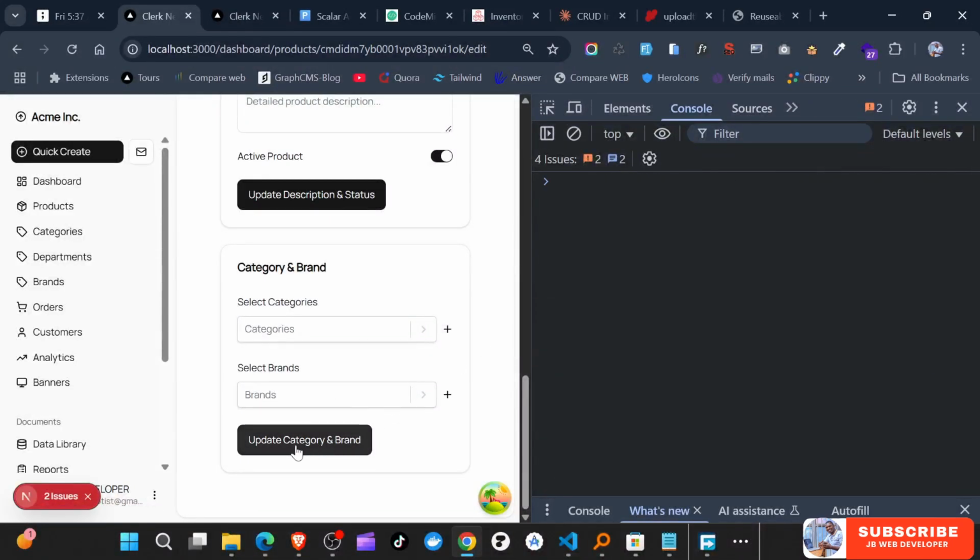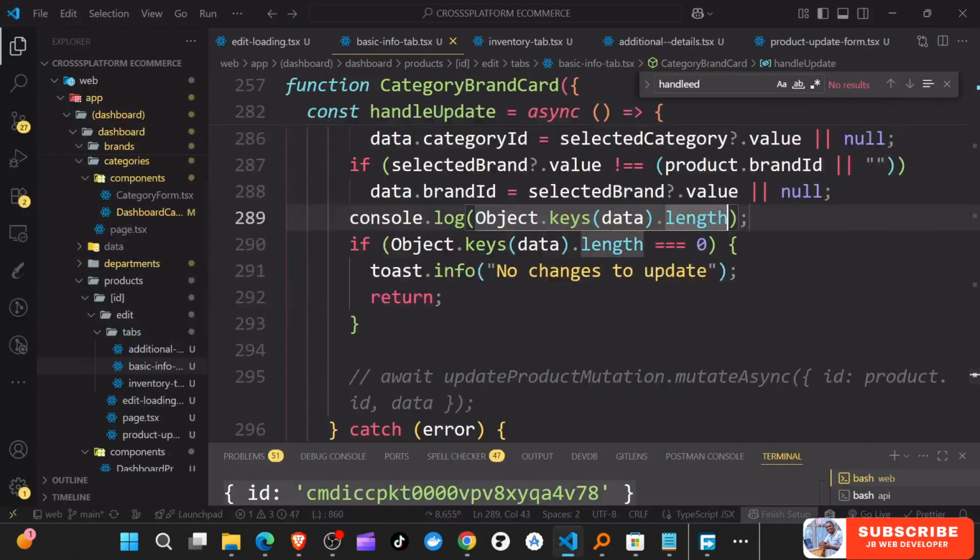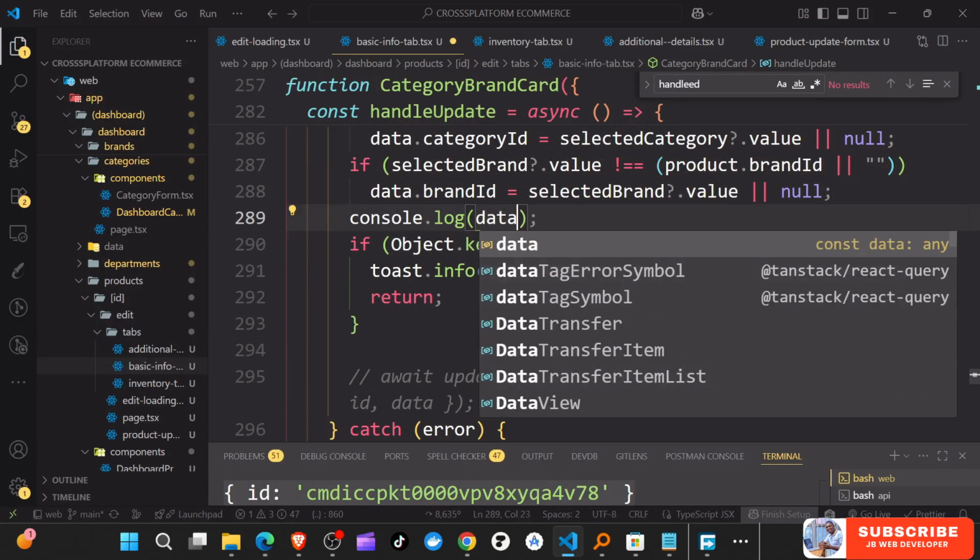So if I just try to click on this, it is saying length is 2. And if you try to console.log data,